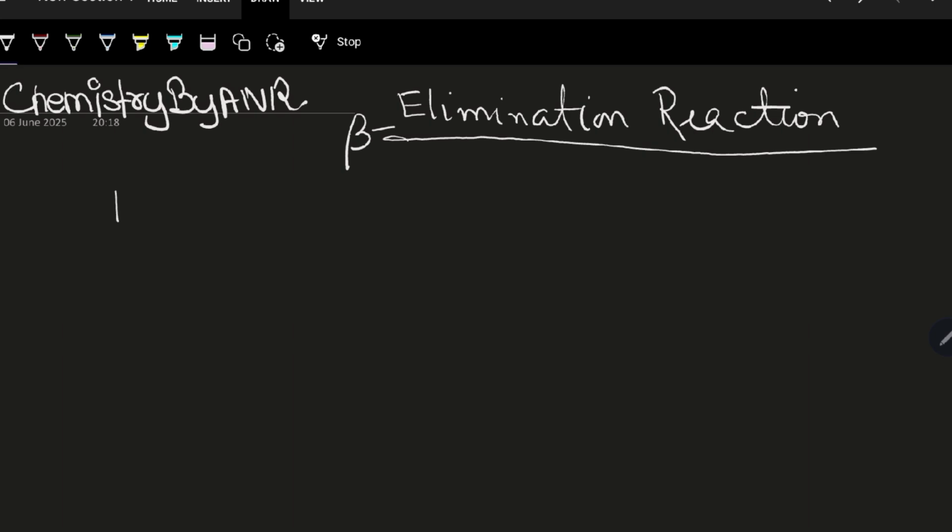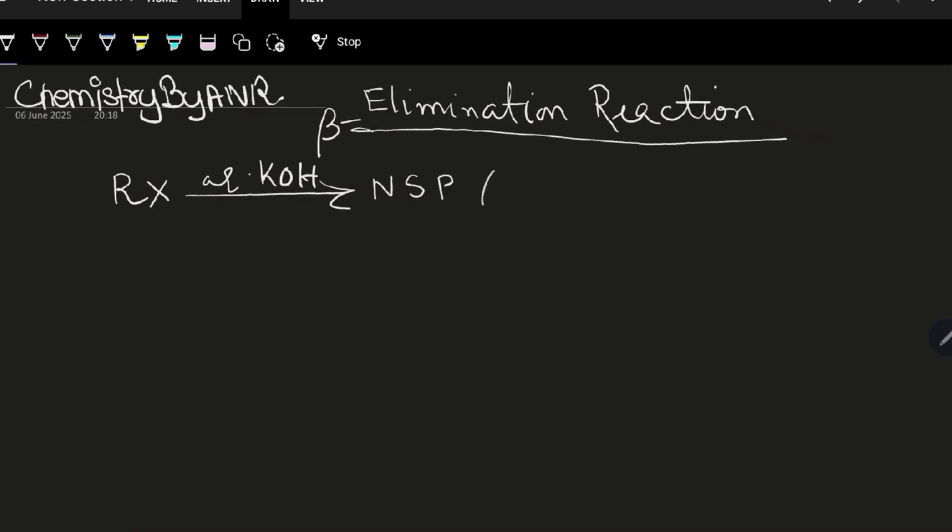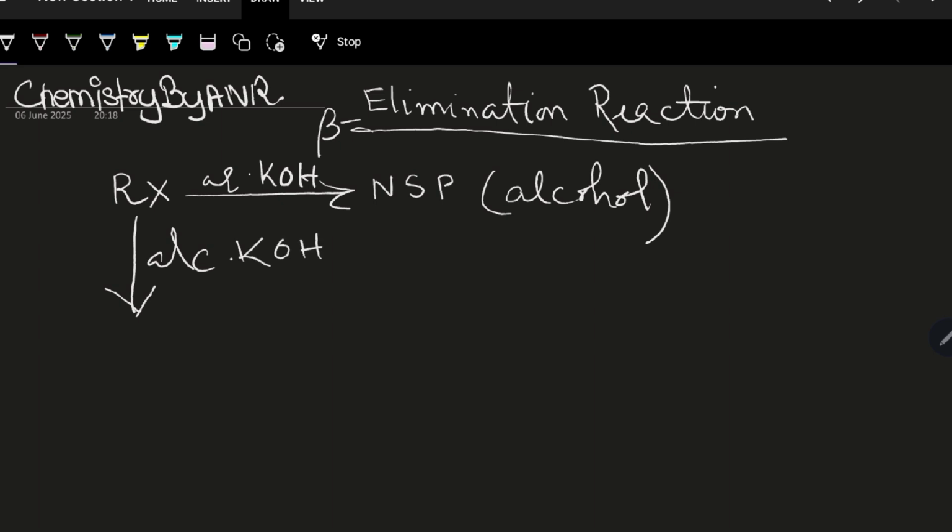We have seen that alkyl halides, when reacted with aqueous KOH, give substitution reaction. Nucleophilic substitution reaction takes place here, and the product that we get is a nucleophilic substituted product. In presence of KOH, the product is alcohol. Now, this alkyl halide, when it is subjected to alcoholic KOH, then alcoholic KOH acts as a